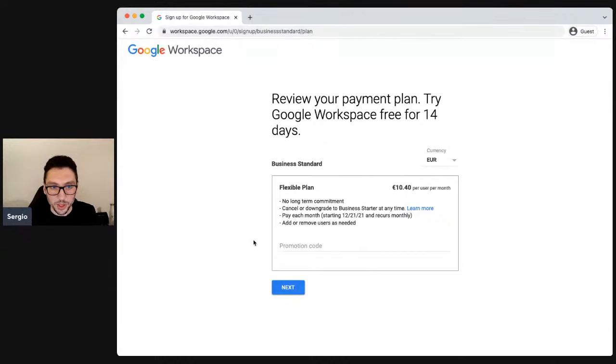At the end of the free trial, you will start being billed according to your plan, which is this one. Also, here you can select a currency from the ones available for your own country. In my case, I'm able to select either euros or US dollars, and I'm going to select euros.